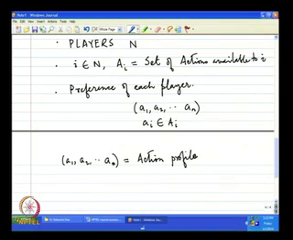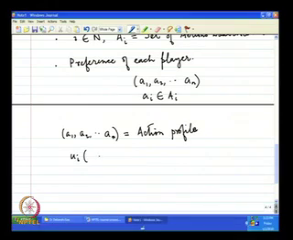Now, what we need to know is how the players are ranking these action profiles. There will be plenty of action profiles in any game. The players will be required to tell us, or it should be known to us if we want to analyze the game, which action profile is preferred by a particular player over other action profiles, how he ranks these action profiles. So, by the third element of strategic games, which we have defined as preferences, preference of each player, what we mean is that this should be